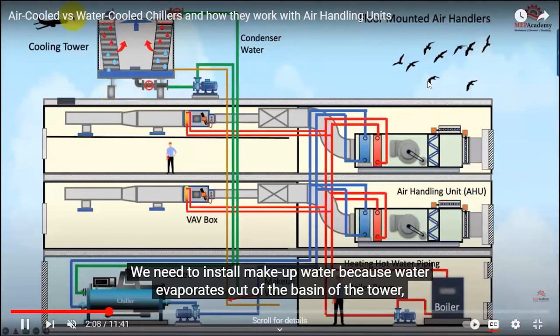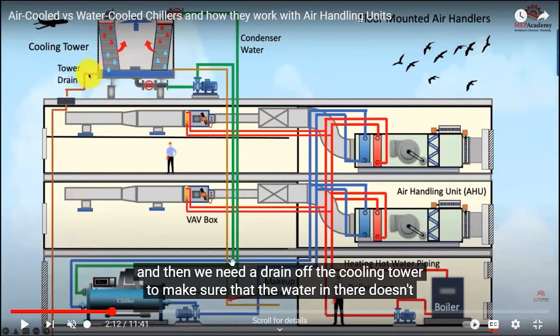Okay, so that's the other system. We have the water-cooled chiller. So the water-cooled chiller is always in the basement. And the refrigeration tower, or the cooling tower, is always at the top. And we have two circuits. We have the blue one, the blue circuit that goes from the chiller to the cooling coils of the air handling unit. And then there's the green circuit that goes from the chiller to the cooling tower